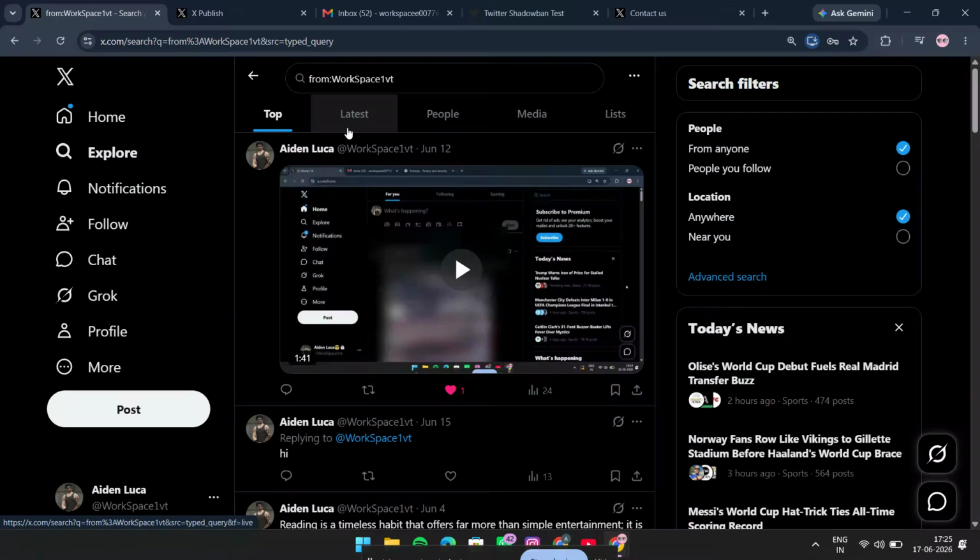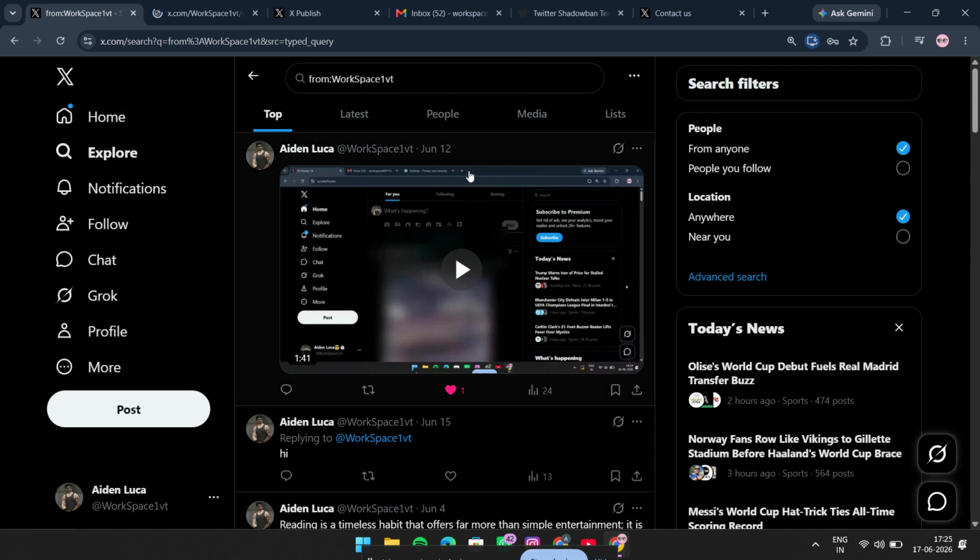Remember, the main thing you are looking for is whether the latest posts are showing when you search your username. If they are, you are most likely not shadowbanned. If they are missing, then you may want to review your account activity, recent posts, and any platform rules that